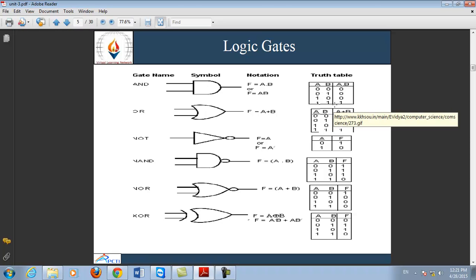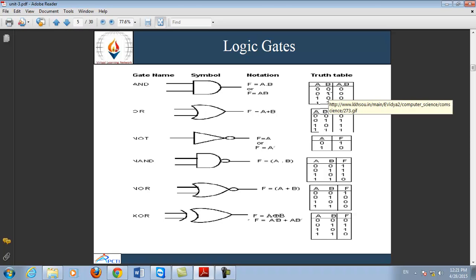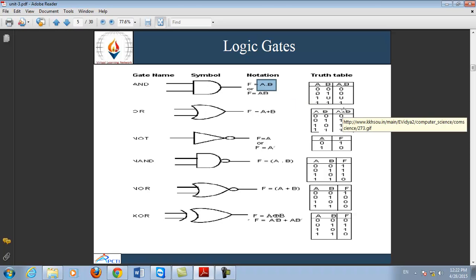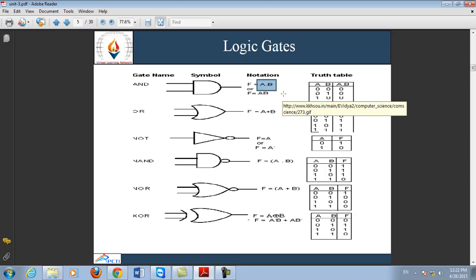But how can you evaluate the number of combinations for a truth table? You can evaluate this by the number of variables. For example, here you have a total of 2 variables. 2 variables means 2 raised to power 2 combinations. It means 2 raised to power 2 is equal to 4. It means there will be a total of 4 combinations. Similarly, if you have more than 2 variables, for example 3 variables A, B and C, then the number of combinations will be 2 raised to power 3, that is, a total of 8 combinations in the truth table.